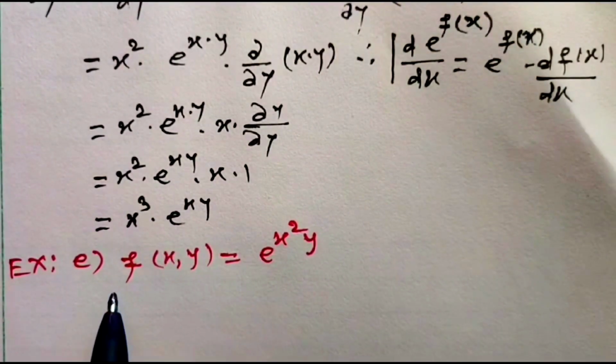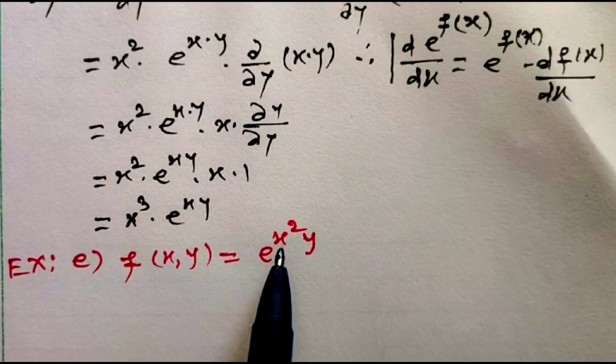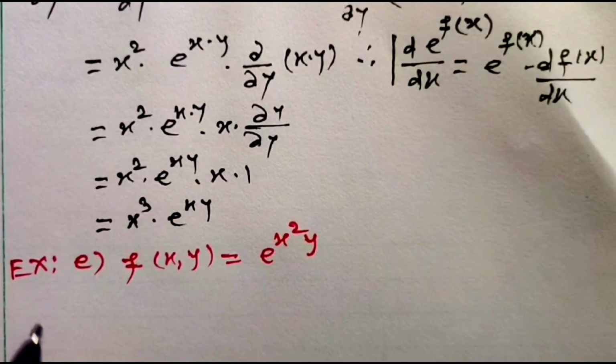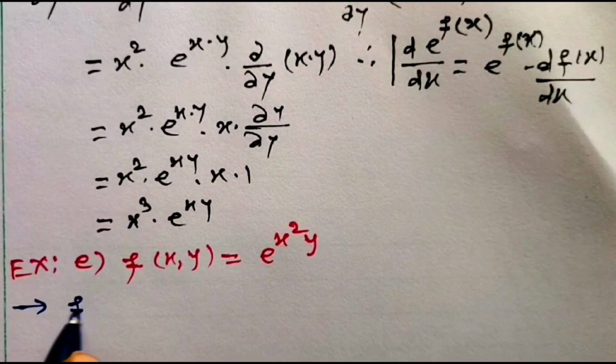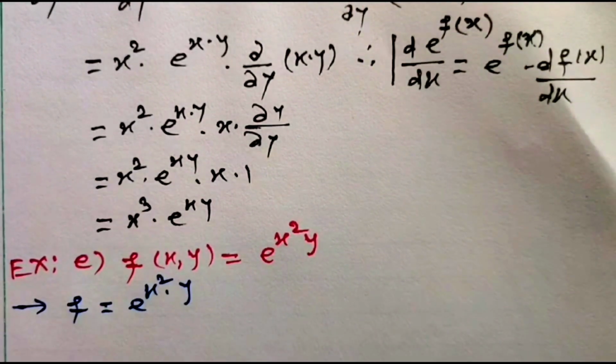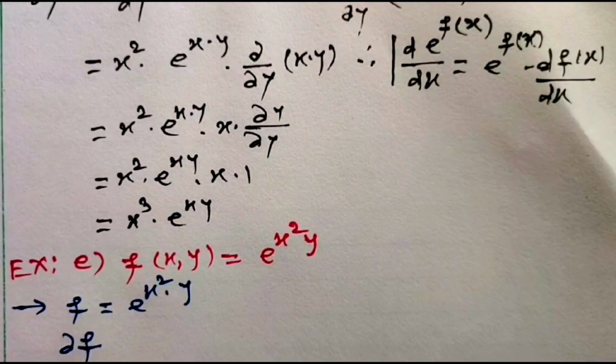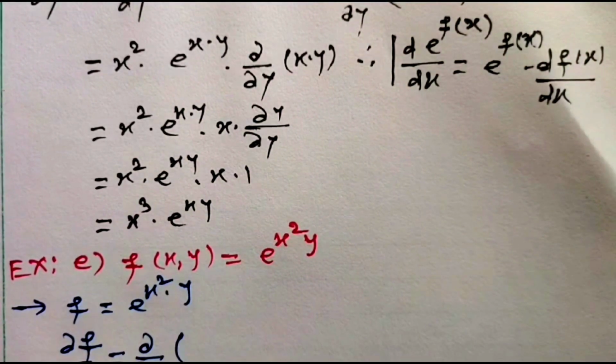Let us solve the next sum. F of x comma y is equal to e to the power x square y. So first of all assume f is equal to e to the power x square y. Then partially differentiate this with respect to x considering y as constant. So dou f by dou x is equal to the partial derivative with respect to x of e to the power